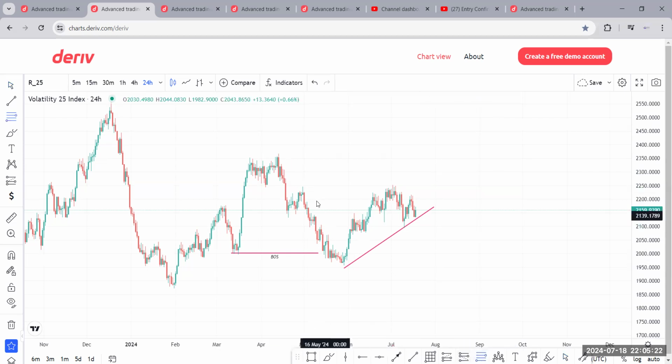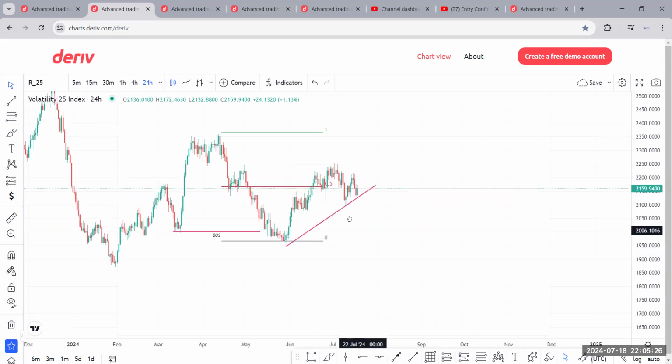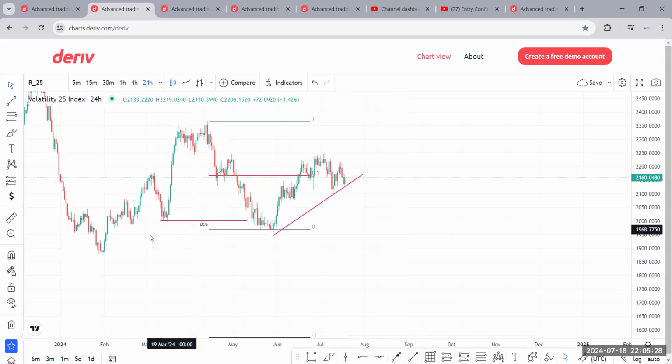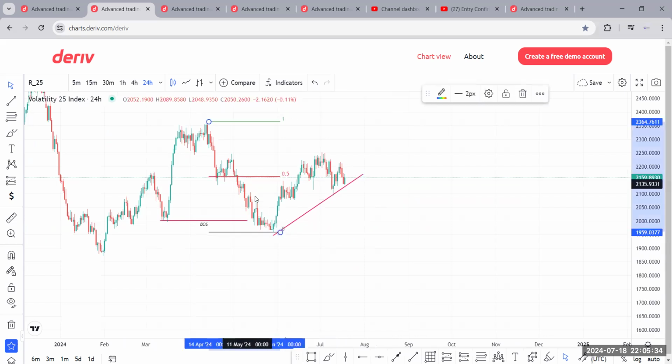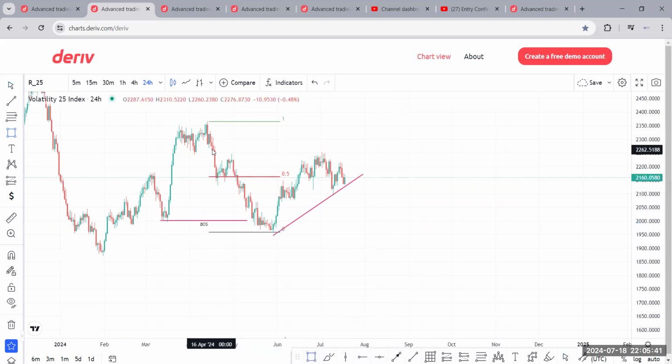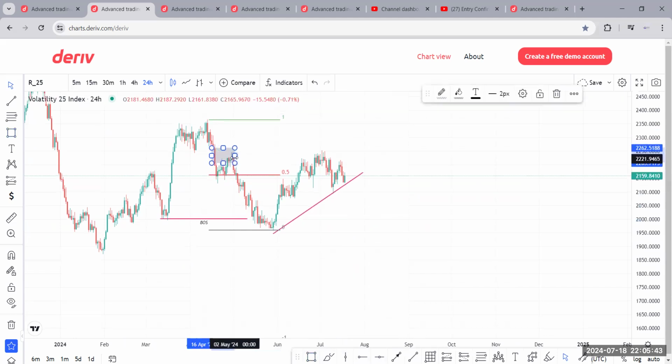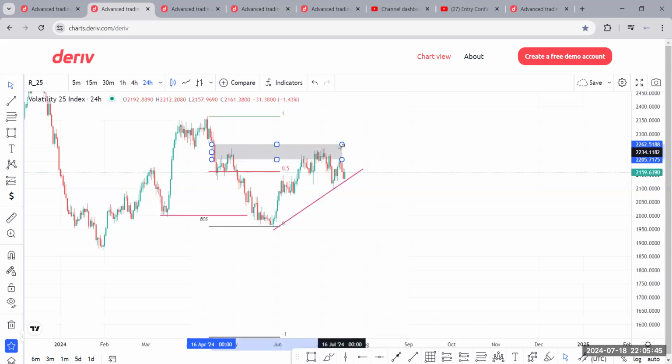So if we are using our fib, you can see that after we broke the structure, price went above the 0.5. We went from discount to premium. All right, so in premium, what do we discover? We have this fair value gap, which has been filled previously. And when we stretch that out, we have this other block right here,